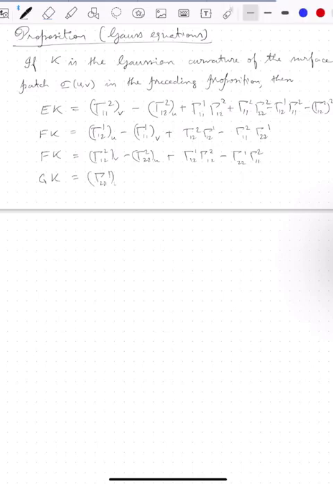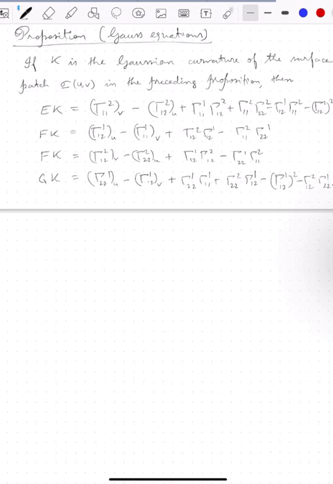gamma^2_{21} gamma^1_{12} plus gamma^1_{22} gamma^1_{12} minus gamma^2_{12} gamma^1_{22}. These are the Gauss equations, right? And now we can directly jump to the Gauss remarkable theorem,